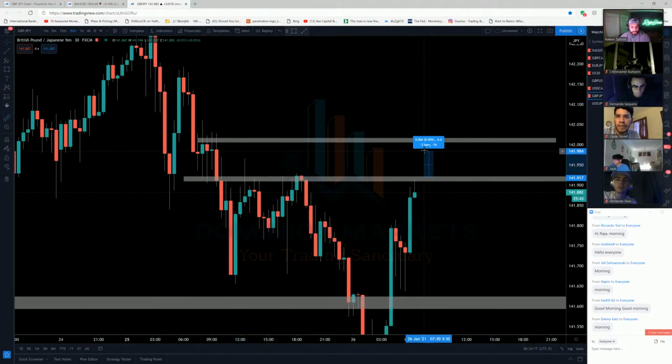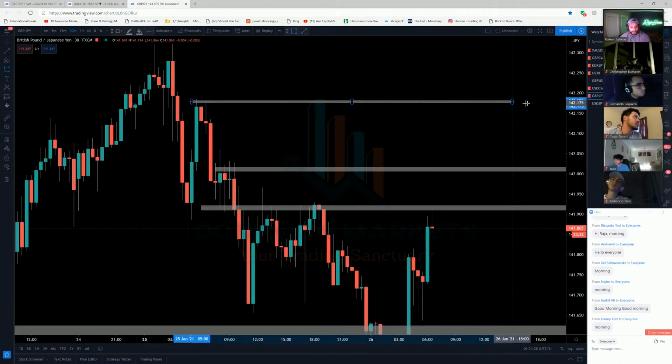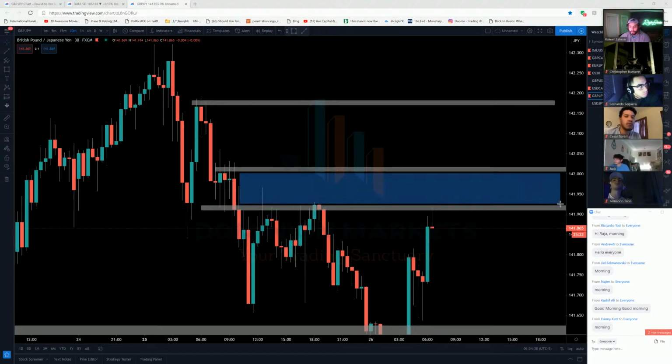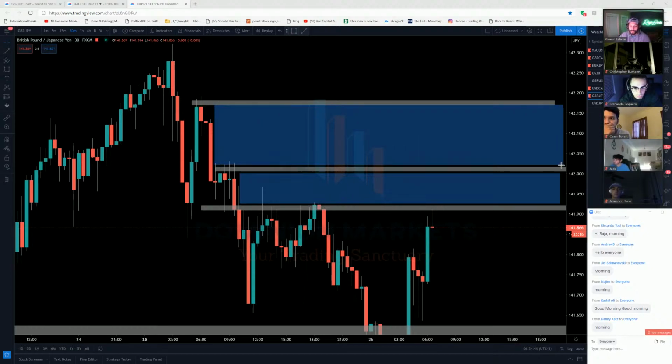So if you measure this range, it's like a 9-pip range, right? So I don't think this is going to be a good area to take a trade in, above 141.920. I think a better area to look for a trade would be above 142 once we come into this area over here, because if you look at this area, this is a consolidation area, plus this is a small range, right? It's a very, very small range. This, however, is a bigger range than the bottom one,